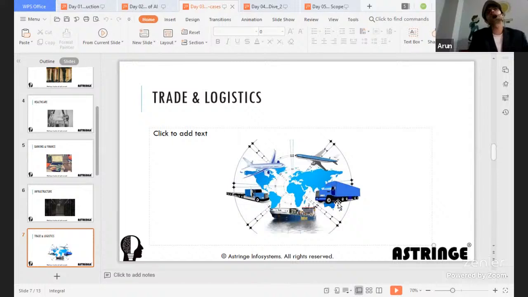Suppose 20 years back you were asked to bring an oxygen concentrator from somewhere in Russia or some European country. What you would do is take a ship and get all the oxygen concentrators transported.